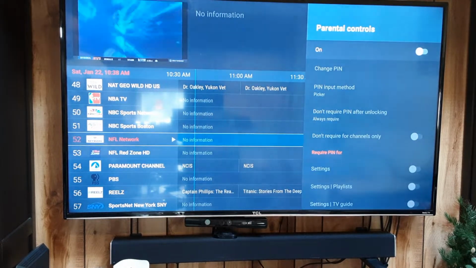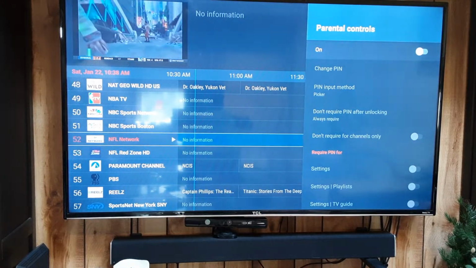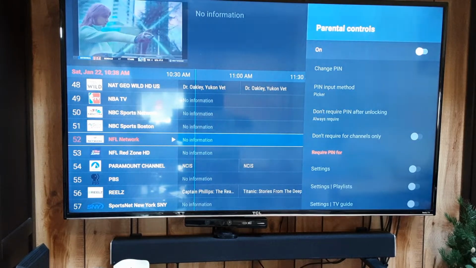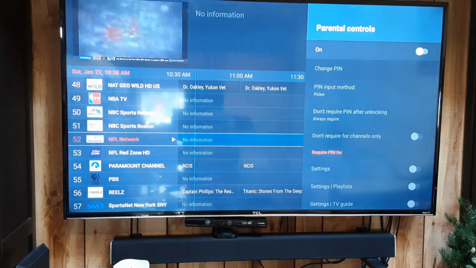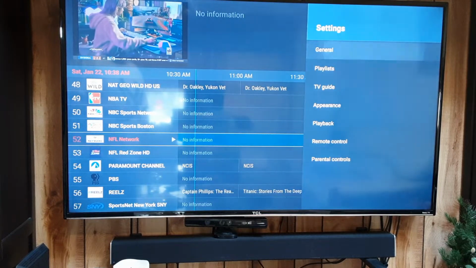Parental controls: you can turn this on and set up a pin for certain channels or certain categories, so that only people who know the actual pin can watch that. And then